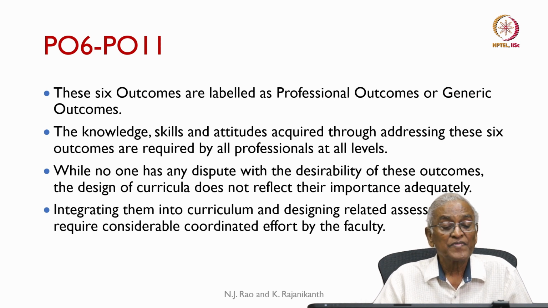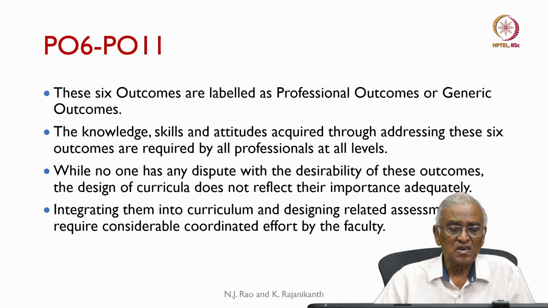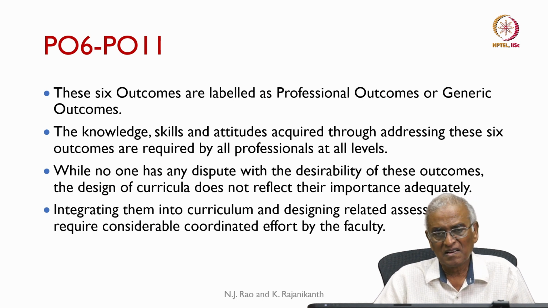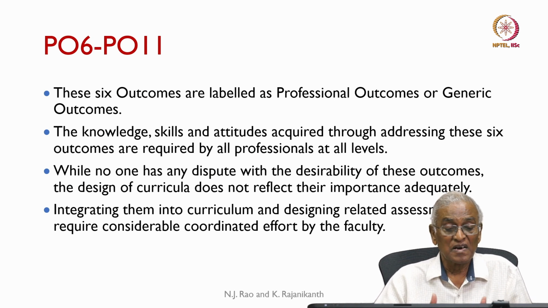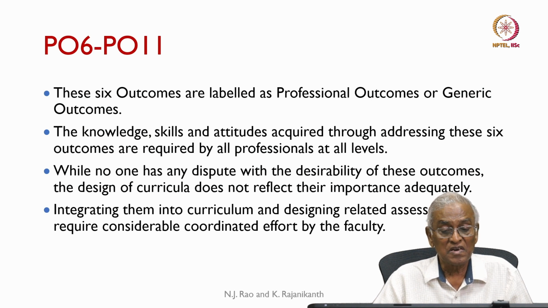Every engineer in whatever position he is going to work in, whether as a designer or an implementer or a manufacturer, these outcomes will have to be met, and he has to operate within the framework of these 6 outcomes. The knowledge, skills and attitudes acquired through addressing these 6 outcomes are required by all professionals at all levels. While no one has any dispute with the desirability of these outcomes,